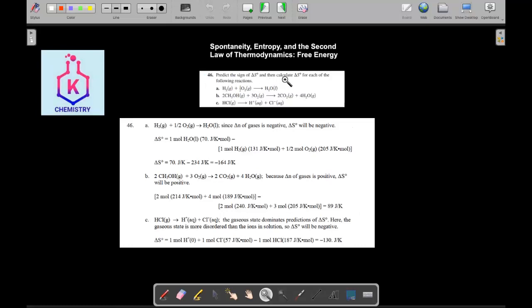Predict the sign of delta S and then calculate delta S, we will do the same thing exactly. Here gas and gas give us liquid, so the delta S of course will be negative. Gas and gas will give us gas and gas. I have here 2 moles and 3 moles, so 5, while here has 6, so increase, so it will be